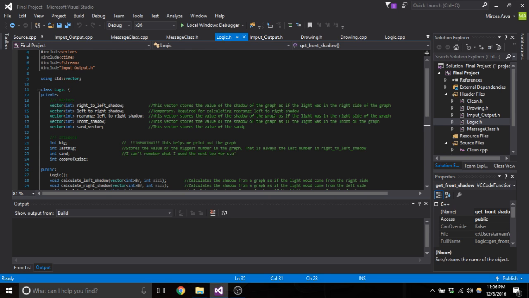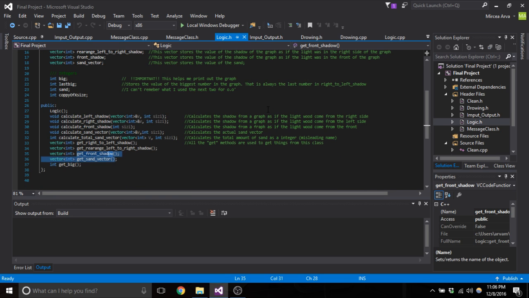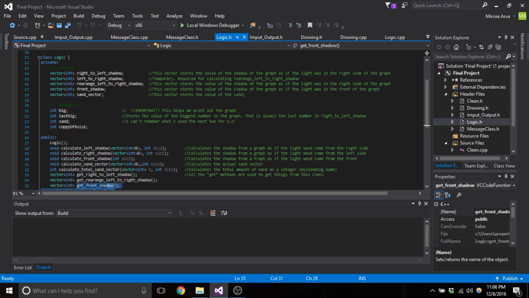The way it does that is first calculating the shadows as if the light would shine from the right side, and then calculating another vector with the shadow as if the light was from the left side. Then it combines the two shadows together and creates a bigger shadow of those two combined. Then, from that vector, it subtracts the vector inputted by the user, so it gives the amount of sand.